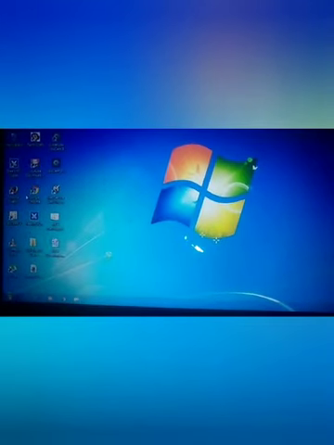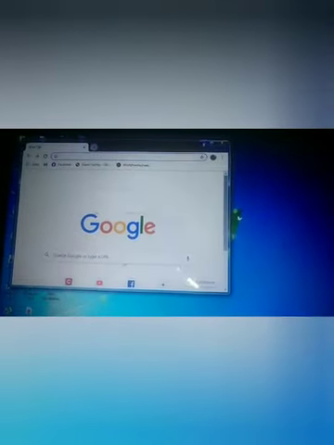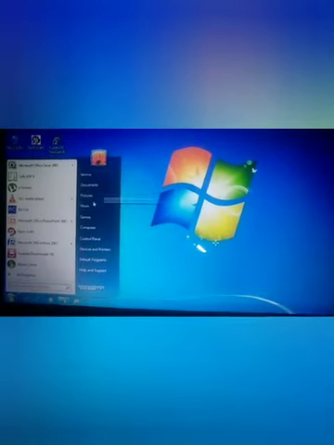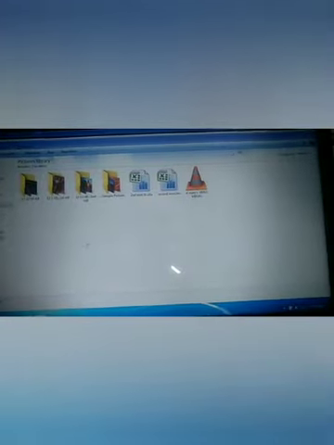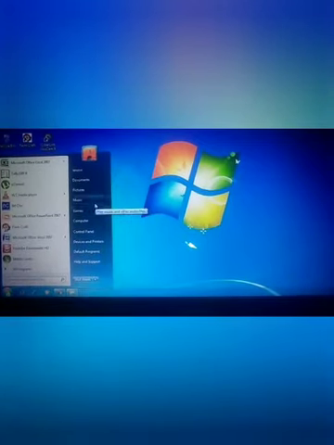If I open an application like Google Chrome, let it be minimized, then pictures, let it be also minimized, we'll click it here. Then like games, I will minimize and keep it here. Okay, now you see.